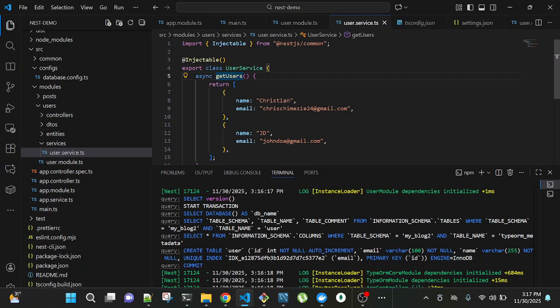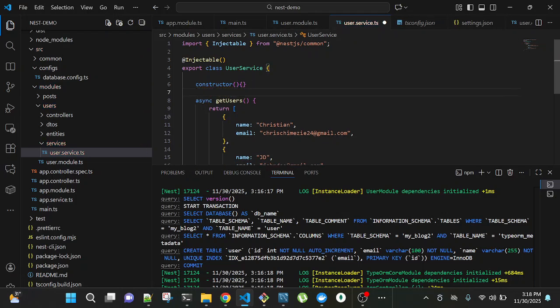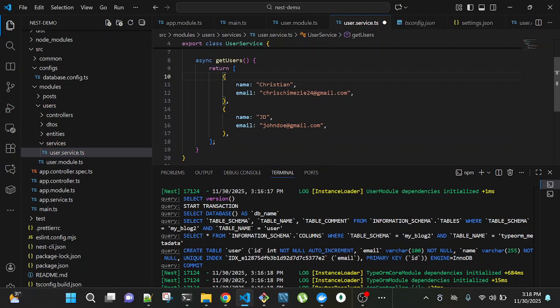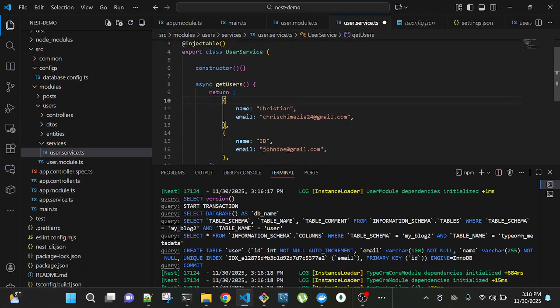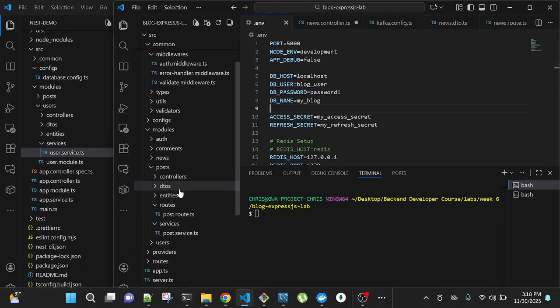So how do we do that? In our constructor of the user service here, just like I told us, we are not going to be writing raw SQL, right? Because we already have TypeORM. Now we want to use TypeORM in our project, so we don't need to be writing our SQL queries just like we wrote in our Express project.